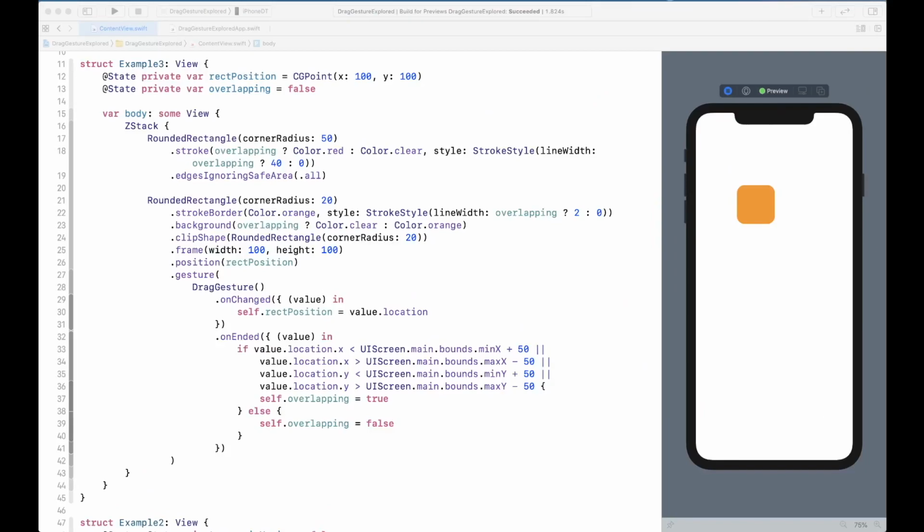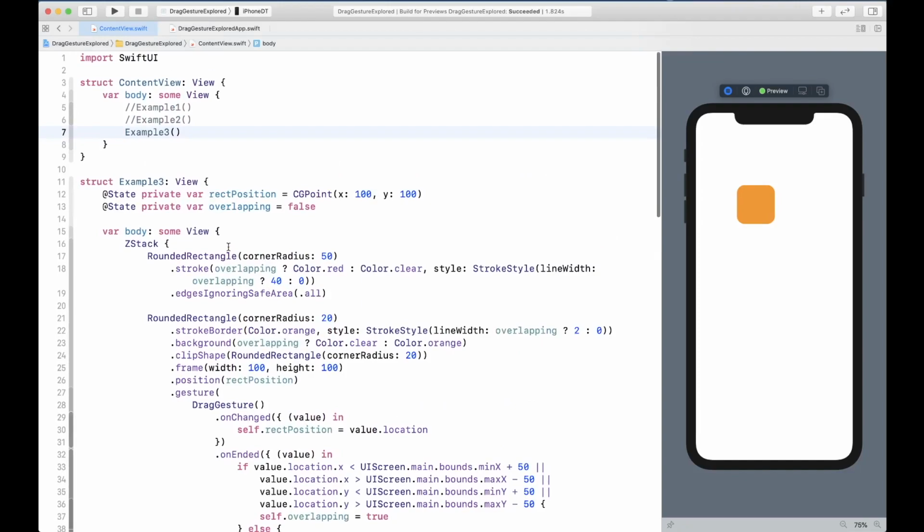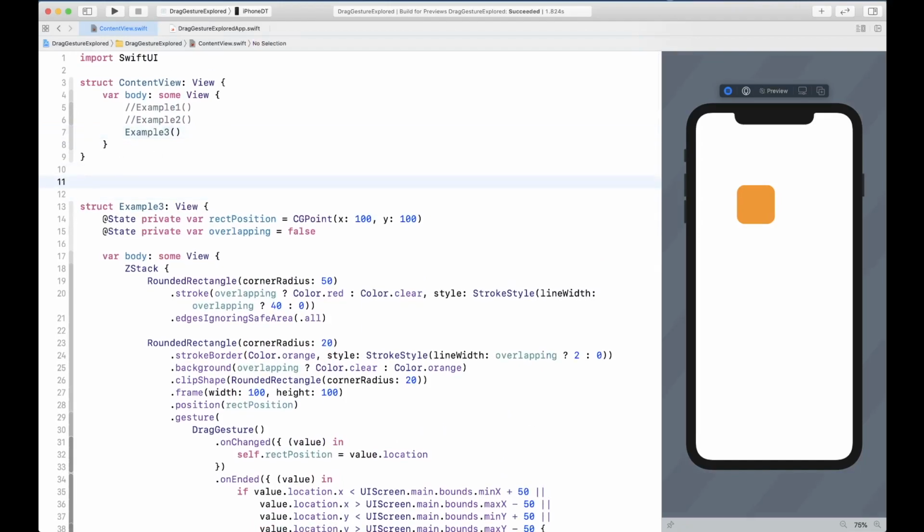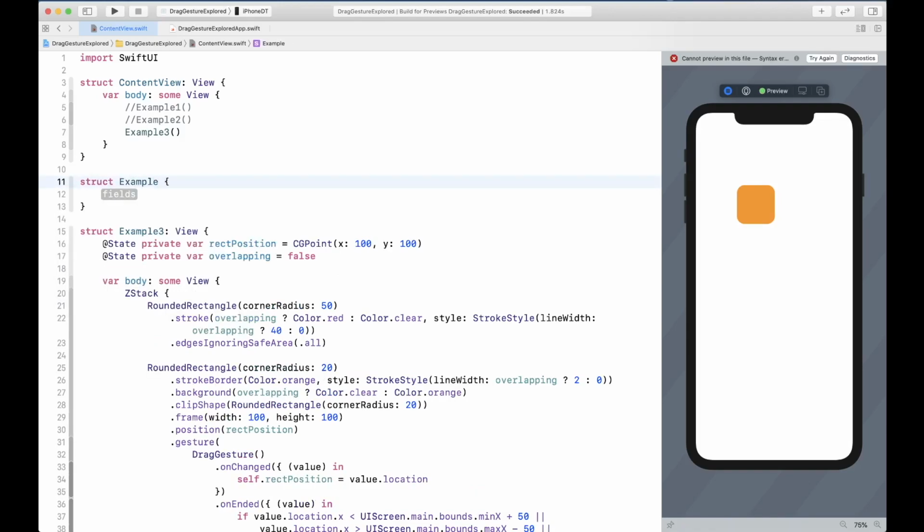All right. So far you have learned about the gesture, drag gesture, and gesture state. Okay, so what we're gonna do next in this video is build out a drag gesture menu. Basically it's gonna be a menu that you can drag out like a tray, and drag it close, and you're gonna also learn how to restrict the direction of the drag. So drag direction is something that you can restrict, and you're gonna see how you can do that, and that is also very simple. So let's create a struct for example 4,